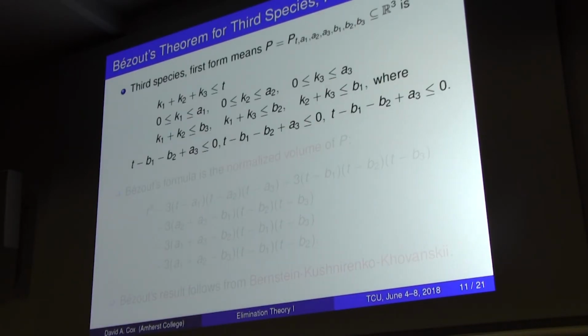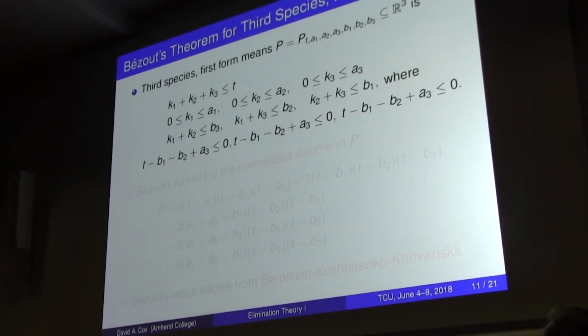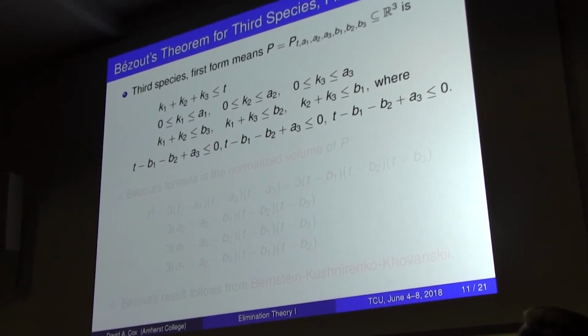And so let's think about this, like the third species, the first form. So that's, again, one of these guys. And so here's what it looks like. Here you have these inequalities, plus you have these inequalities as well. And so it turns out, basically, if your three polynomials have ones that look like this, and then so